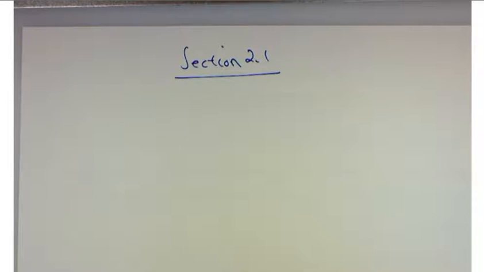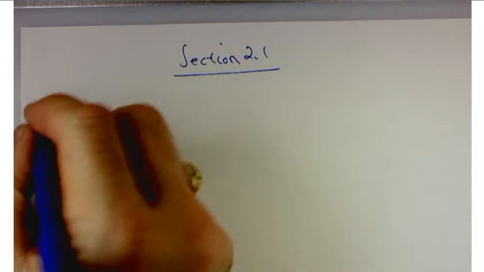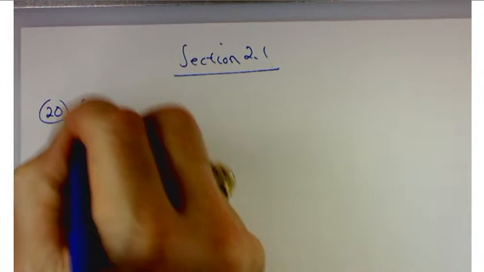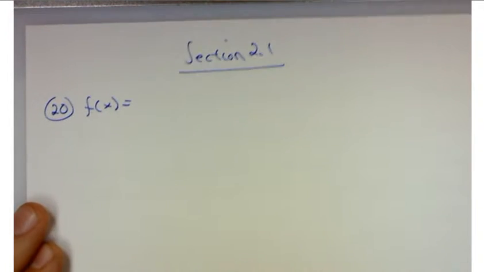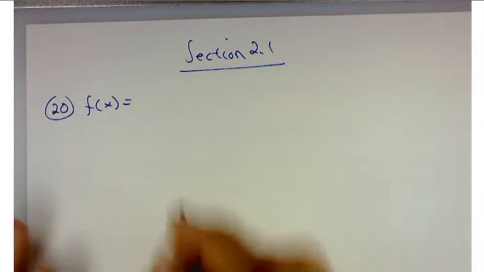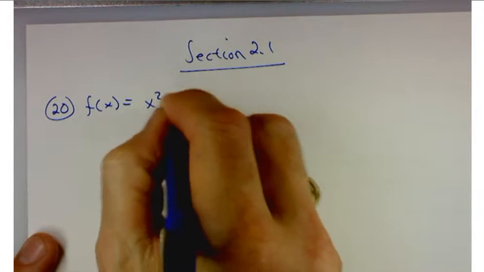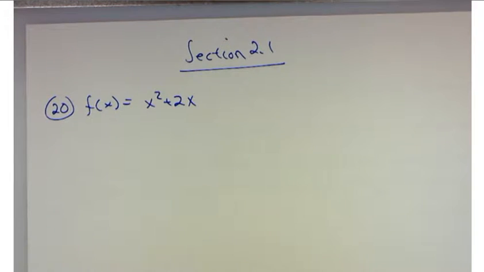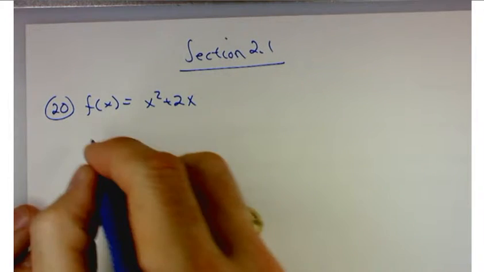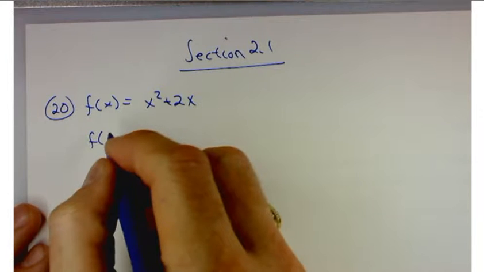Some work on functions. Function notation is something that I hope you're familiar with, although we will spend a little time working with some function notation. Problem 20 gives us this definition of a function. f of x is x squared plus 2x. And then they ask us to find various values of the function. So, for instance, f of negative 2,